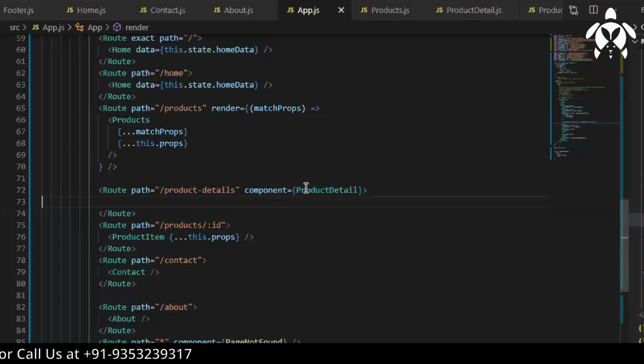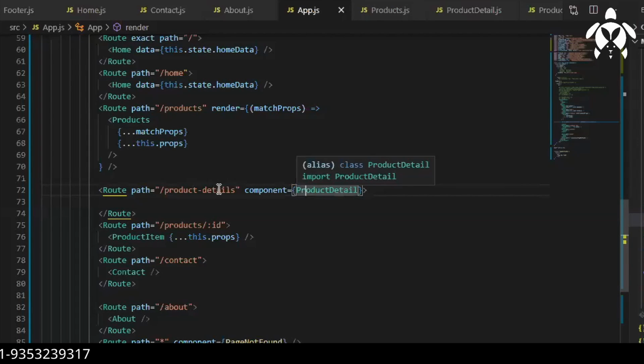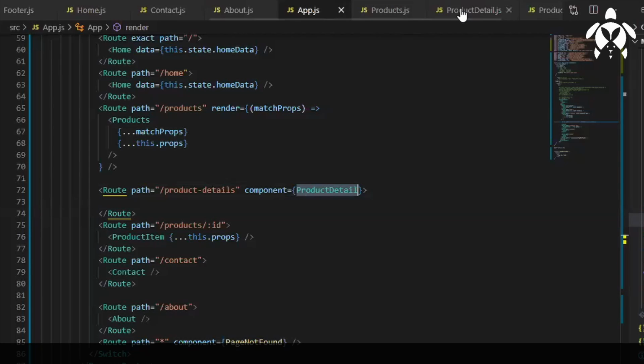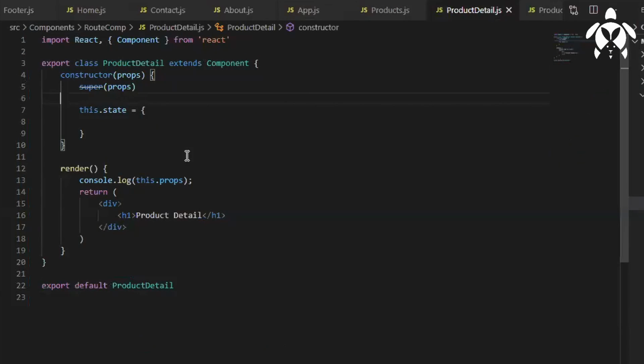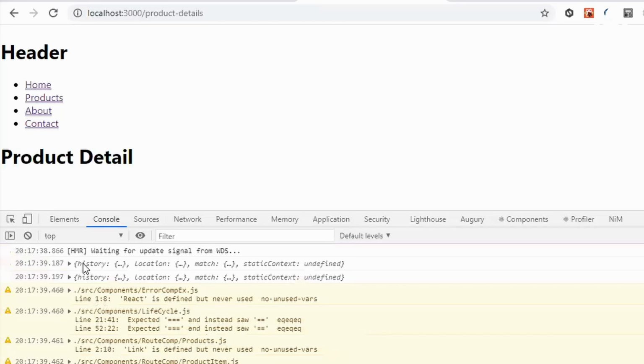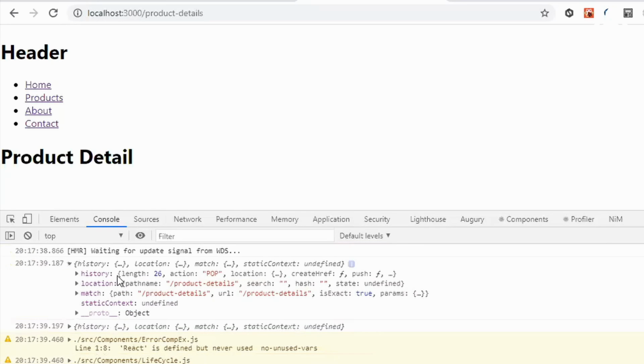Apart from that, I wanted to see the current URL in my destination component, that is the product detail component. I wanted to check what is the current URL, or the current parameters that are coming in. So all this information I wanted. When I do console log this.props, I will be able to see some route props. See there, I'm getting history, location, and match. You just need to do this.props. That's it. So you will get history, location, and match.